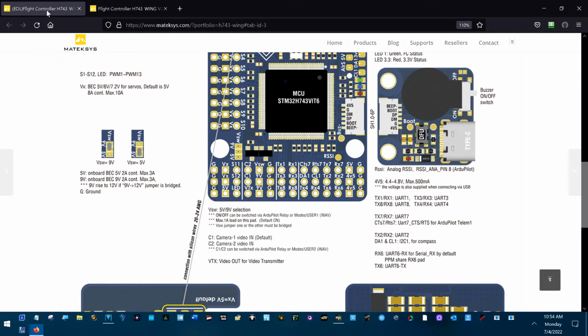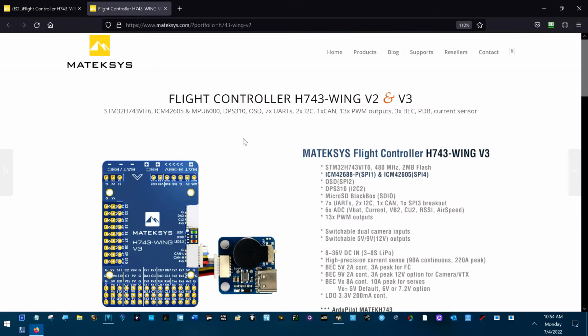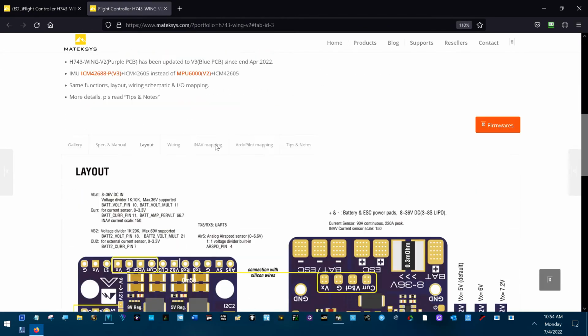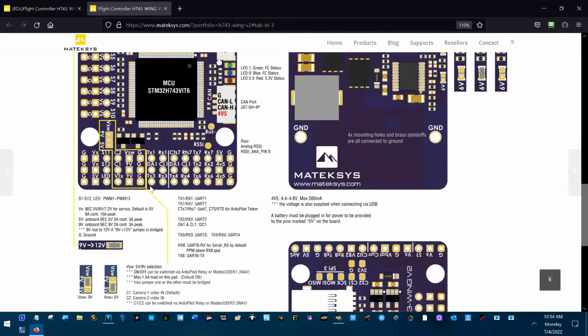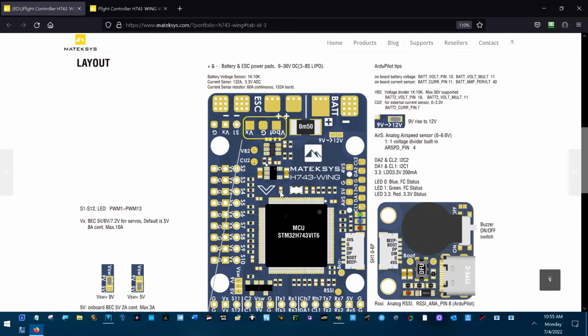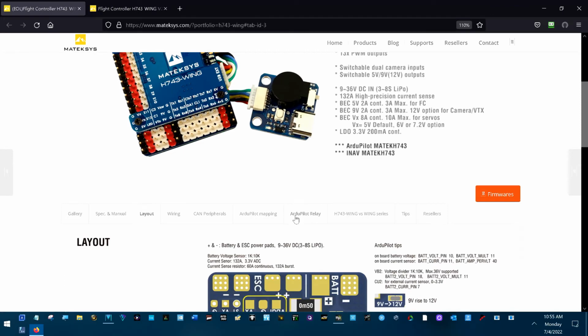Now see, on the H743 wings version 2 and 3, that is on TX3, UART3 instead of UART8, where it's on the original H743 wing. It's on UART8. So I had to come over here, and